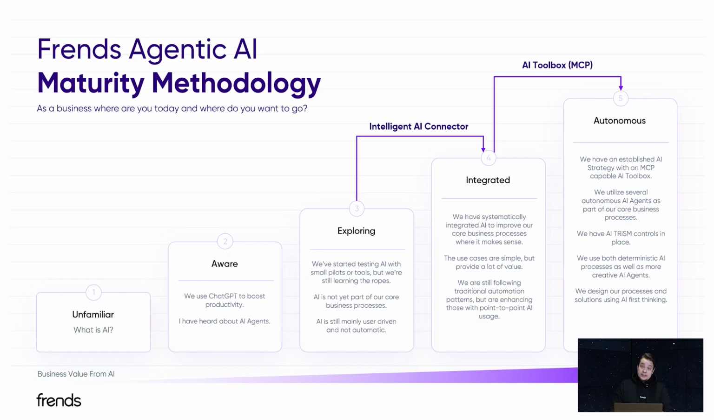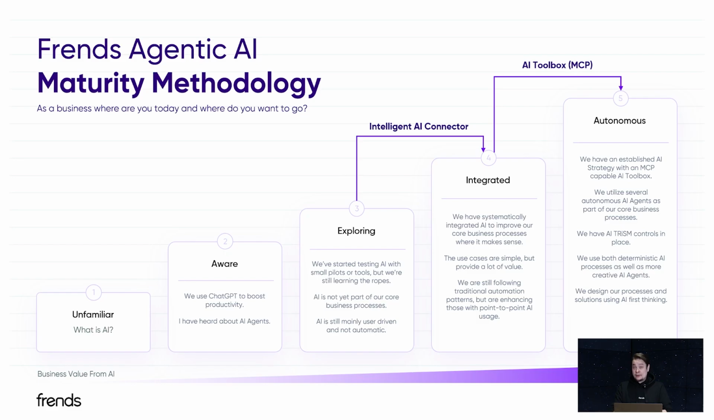In the integrated stage, the use cases might still be very simple if we look at what AI is capable of in the big picture, but the simple use cases and this point-to-point usage of AI in tactical and strategic ways can still provide a lot of value for all of our customers and users. But of course, the shining star at the end of the road is the fully autonomous stage,